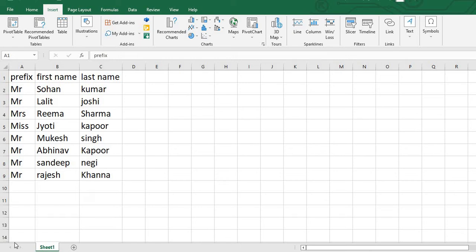Hello friends, in this tutorial we will learn about some functions of Power Query. How you will use Power Query, how we will start it, and how we will initiate our functions in Power Query. Here we have data with a prefix like Mr. or Mrs., first name, and last name, and according to this data we will do some formatting